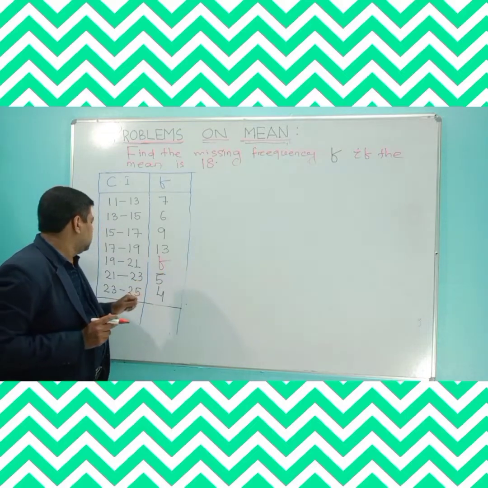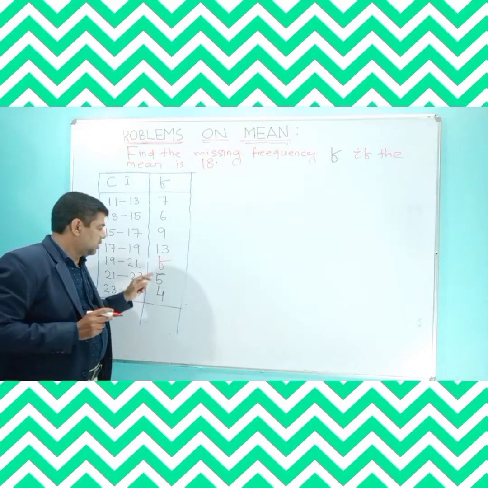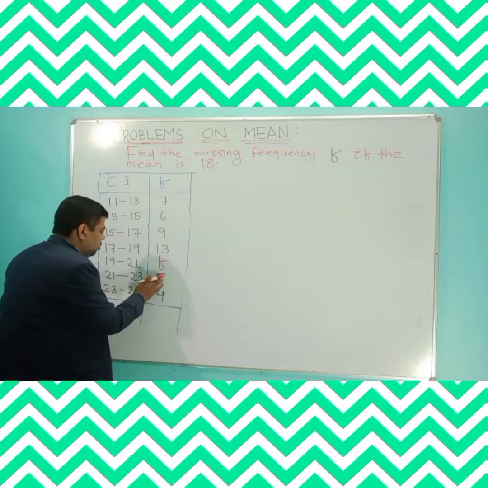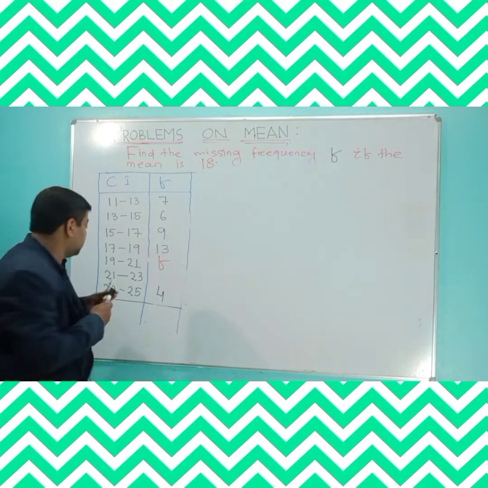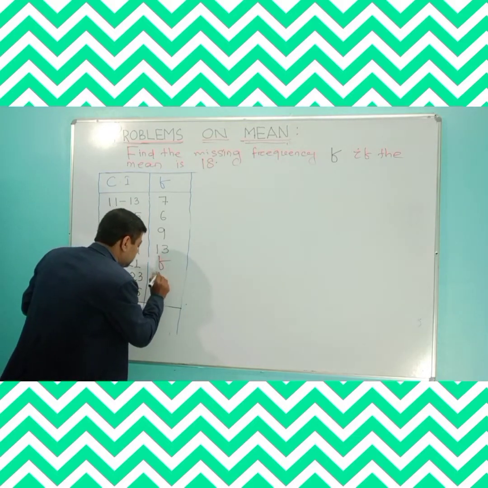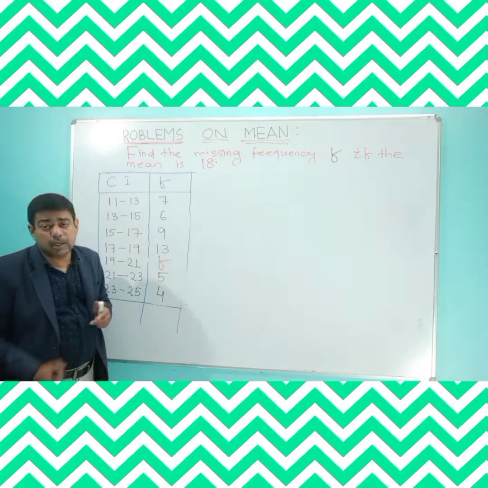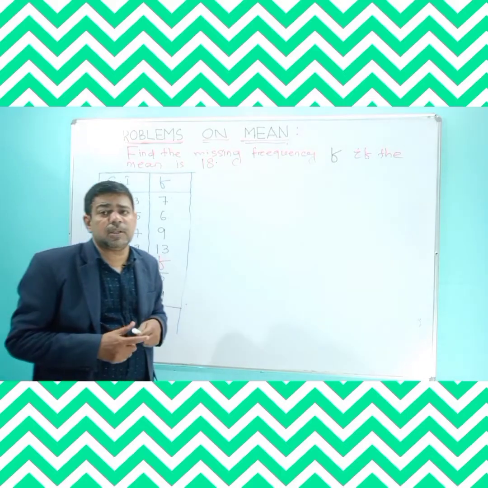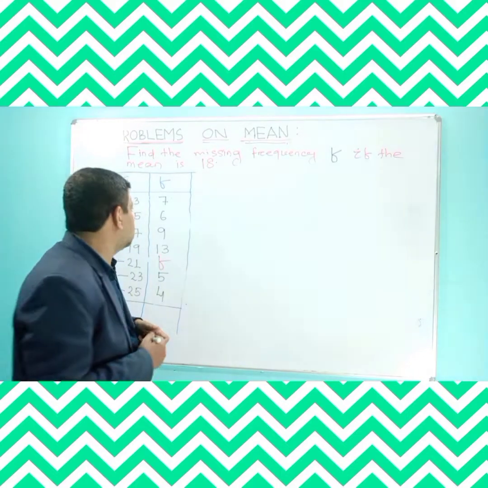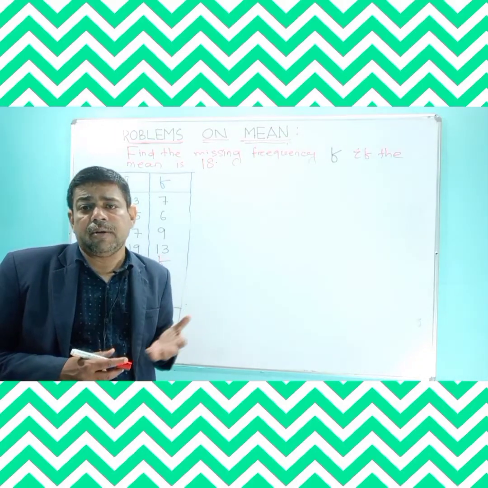Similarly, the next class interval is 21 to 23, the frequency is 5. And 23 to 25, the frequency is given 4. Here you have to find the value of f, the missing frequency, where the mean of the data is given as 18. Understand? Whenever you are going to solve this kind of question,